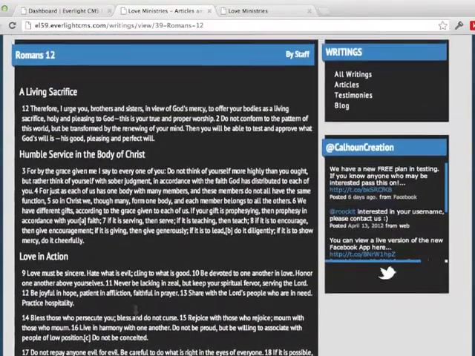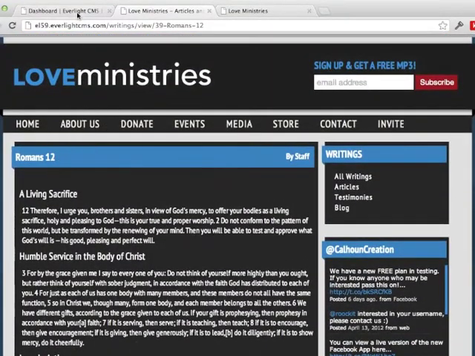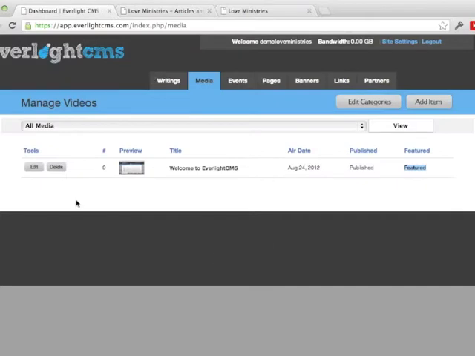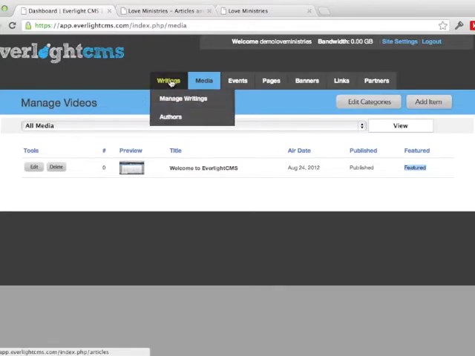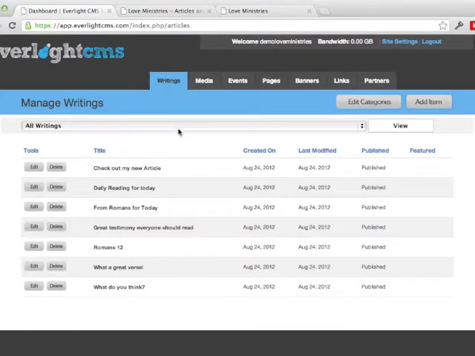So let's go ahead and let's add a blog. So once you log into EverlightCMS, you'll be presented with this screen right here, and this is basically where you do all of your editing of the website. So we're going to go into Writings, and we're going to click Manage Writings. And as you can see here, we already have some writings up,